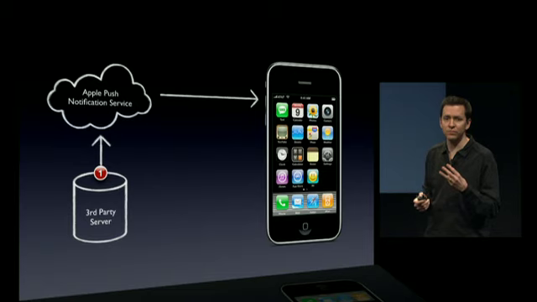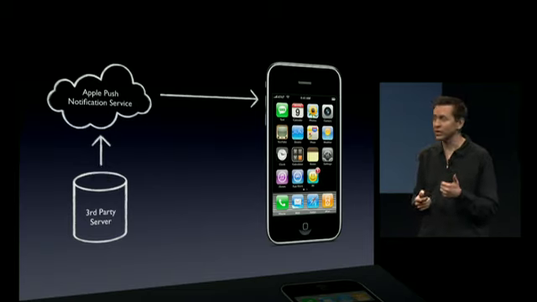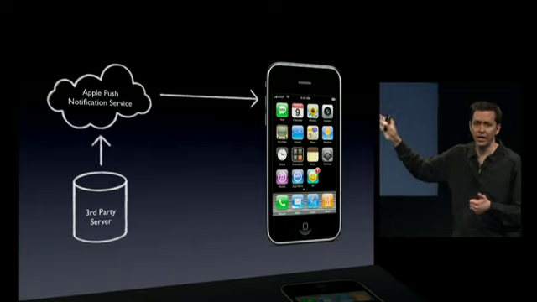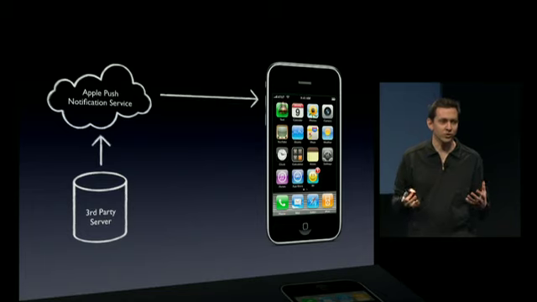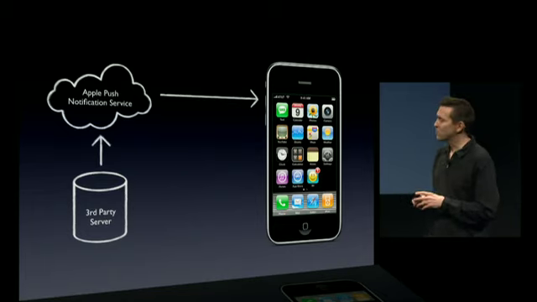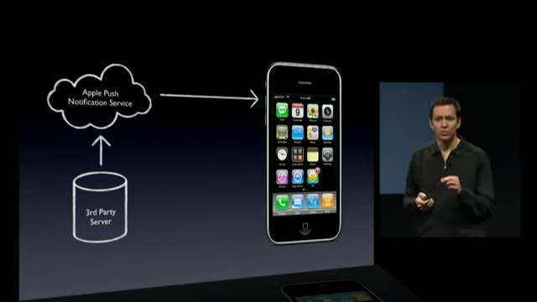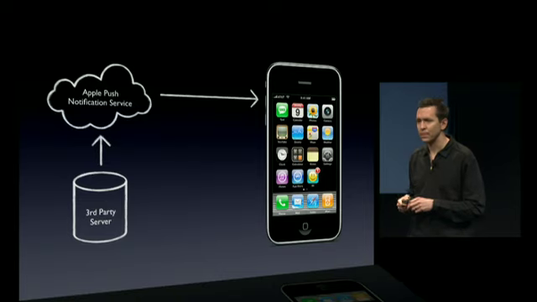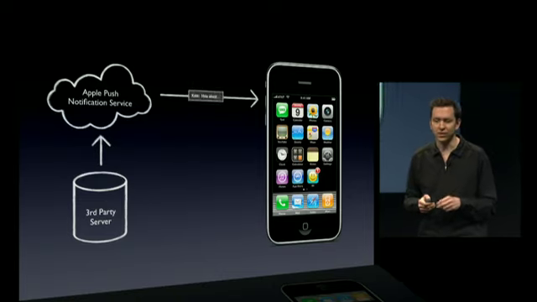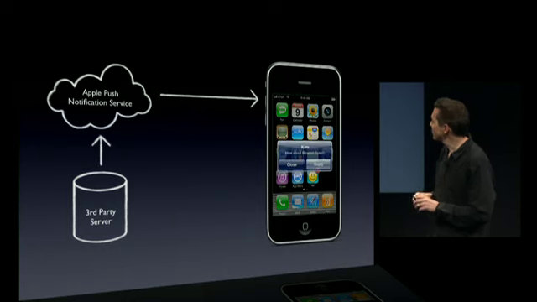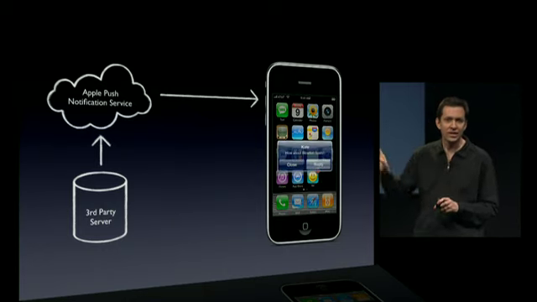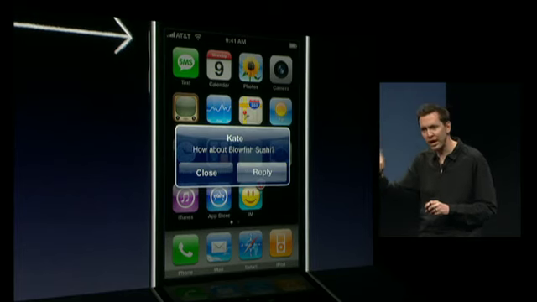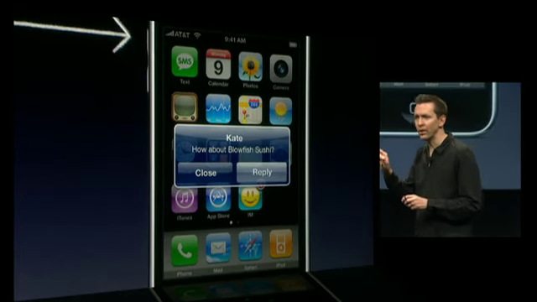There are 3 types of notifications you can push. One is a badge, so you can badge how many items are waiting for the user. You can also badge audio alerts. And this can be whatever sound you want for your application. It's customizable for your application. You can also send text alerts. Text alerts appear the same way that SMSs appear. And you can even add a button where if the user taps on that button, they'll launch right into your